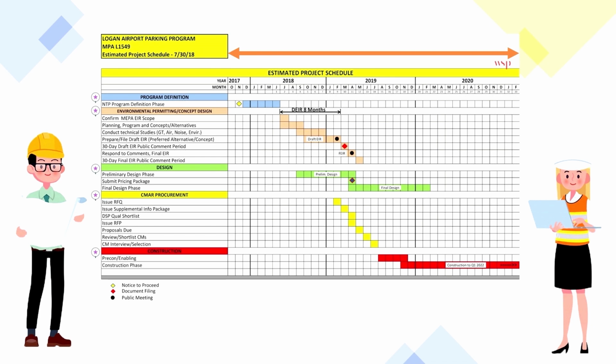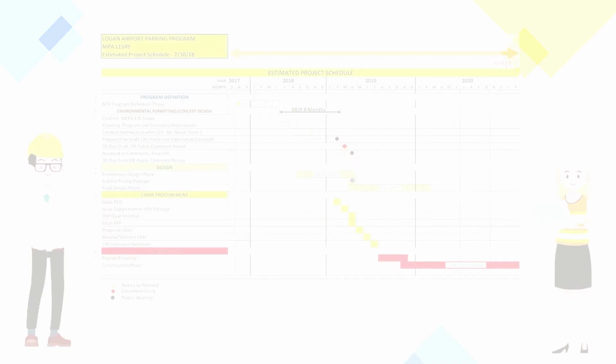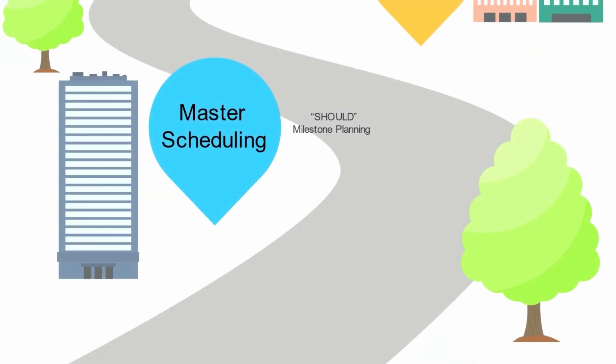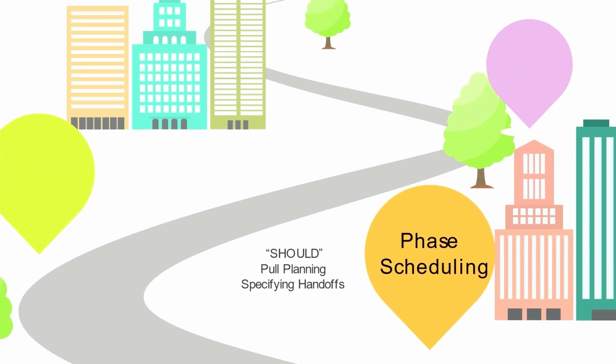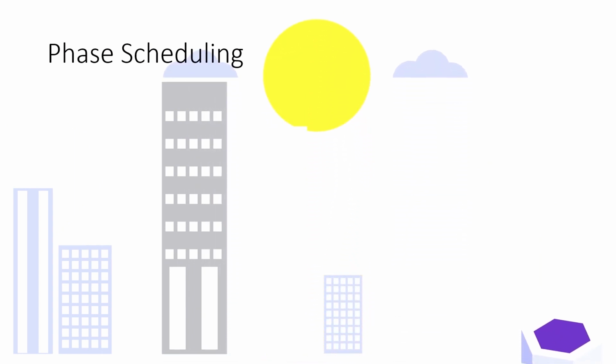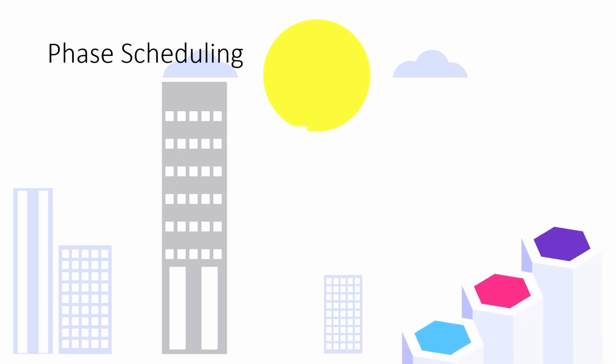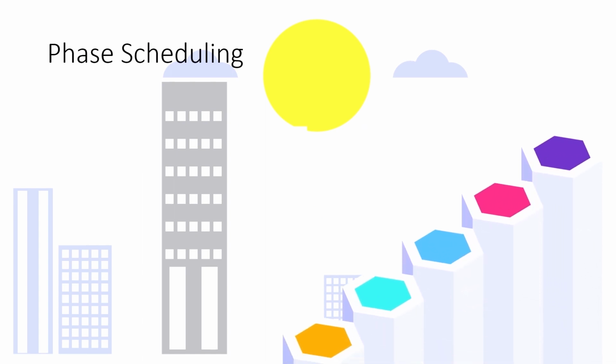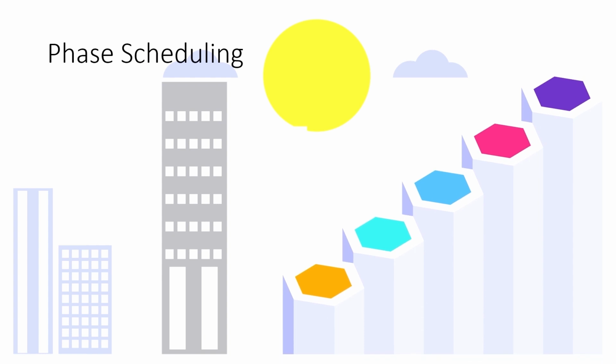Now, let's move on from master scheduling to phase scheduling. When a large and complex project arises, typically the master schedule represents activities in broader, high-level stages. A milestone can then be broken into a phase schedule, wherein activities are exploded into a set of tasks to cover the entire activity duration.